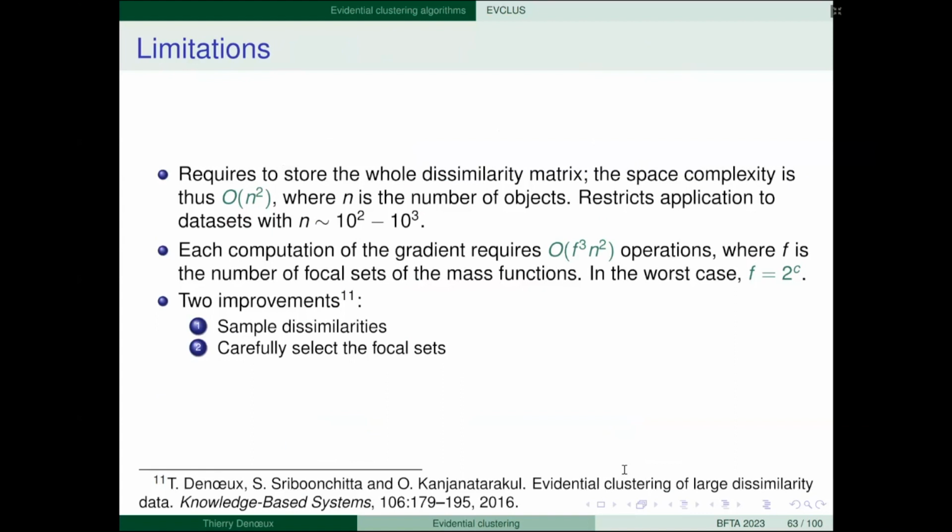So there are 2 ways we can improve the algorithm to make it work on large data sets. And this is something, you see, if you apply belief functions with a brute force approach, of course you cannot handle very large problems.